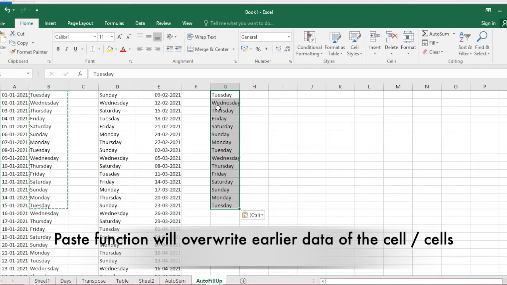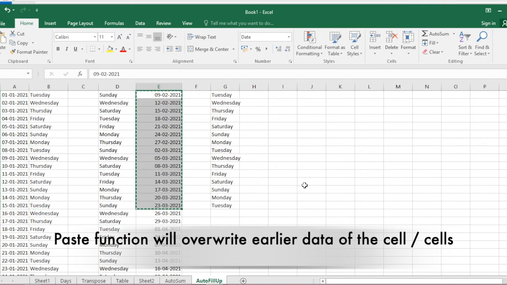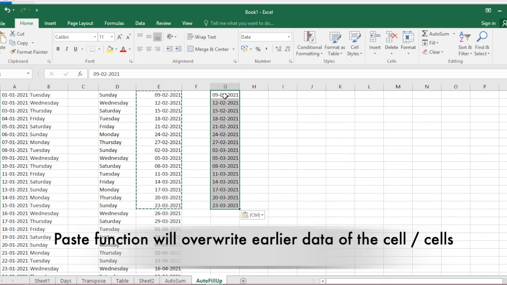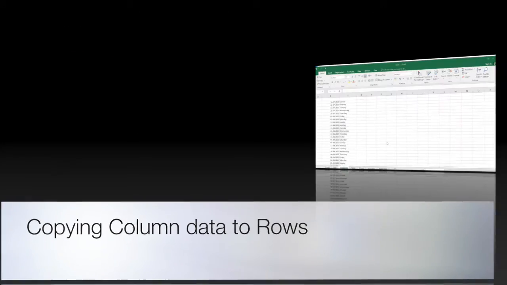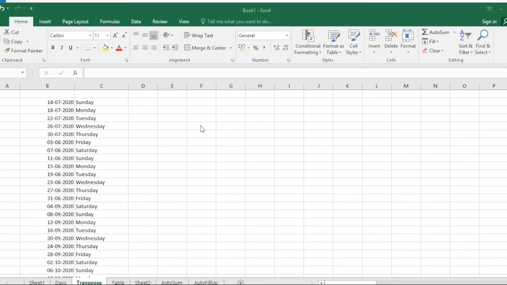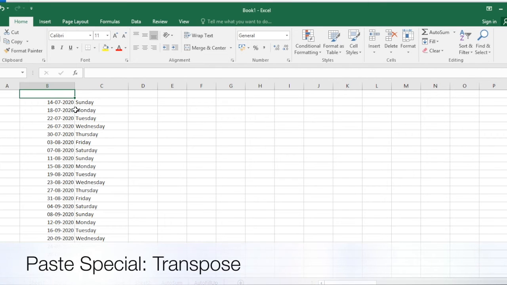It will simply copy the data from this place to this place. Anything we can copy and paste. If you paste on the same place, it will replace the present data. To copy a cell we press Ctrl+C, select the cell where we want to paste it, and use Ctrl+V.